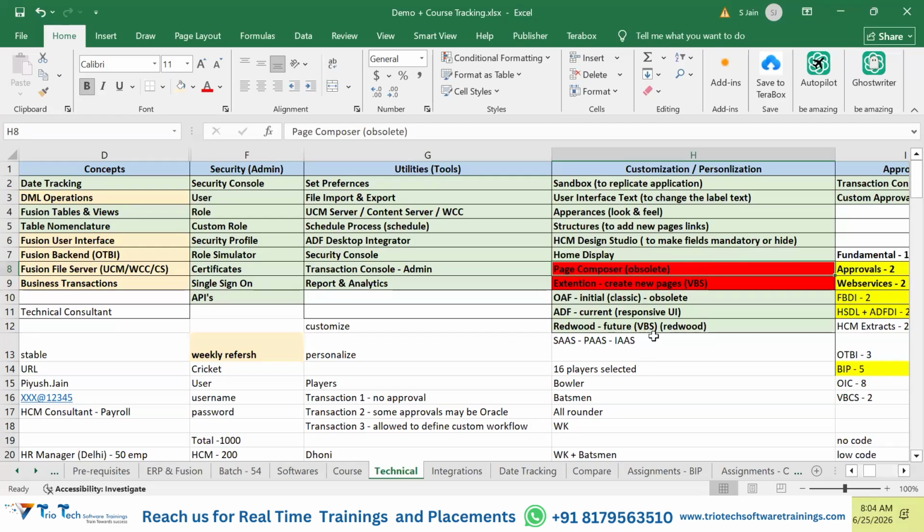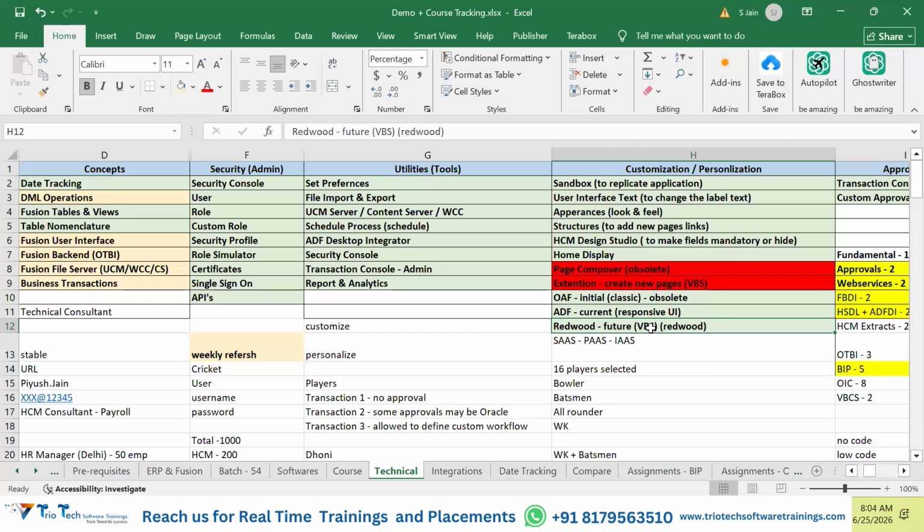In the same way, guys, there is one new future-based tool that will come, and future pages will come in Redwood. Currently, our server does not have it. Oracle customers are also not directly using Redwood as of now. There are a lot of challenges. It's not stable. For VBCS Redwood pages there is also a software available.